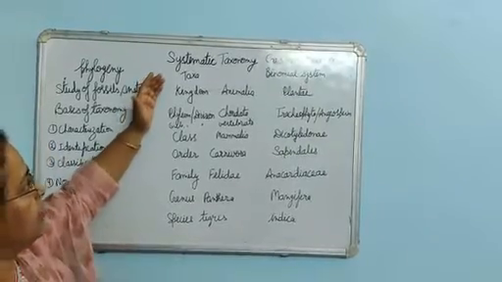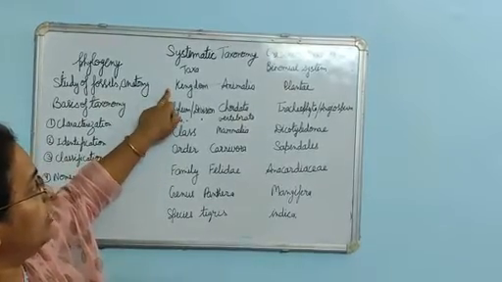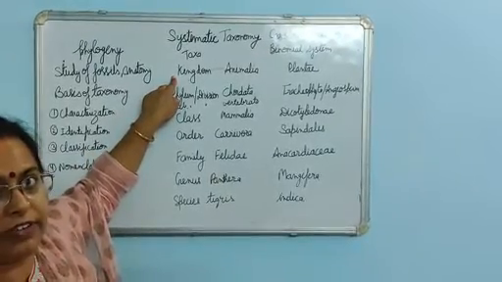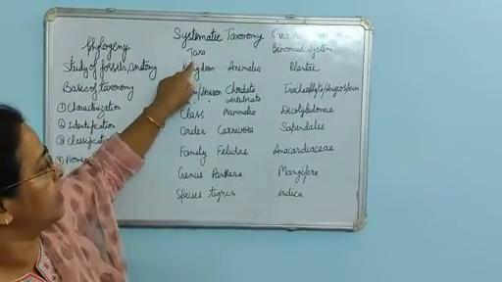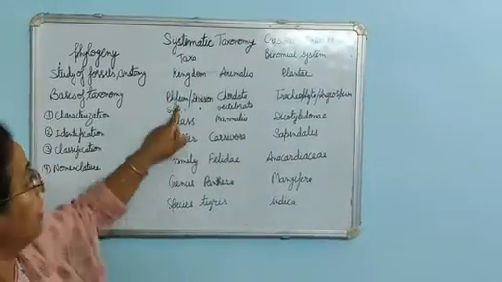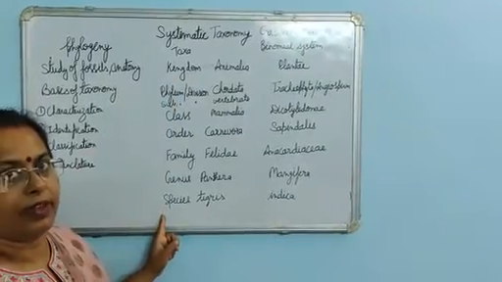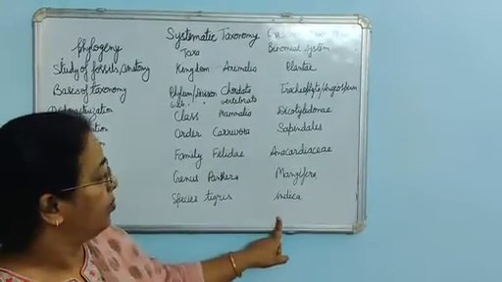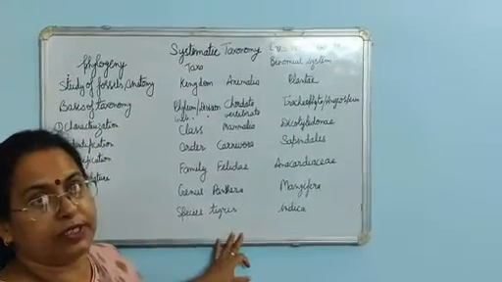Now when we are discussing the taxa, meaning different categories, the highest category of taxonomy is the kingdom. There are 5 kingdoms. We will study classification in detail in the next lesson, but you should know the highest taxa of the classification. It is known as the hierarchy of classification. In this hierarchy, the highest level is kingdom and the lowest is the species. All the plants or animals that are morphologically, physiologically and anatomically similar, and can interbreed also, belong to the same species.